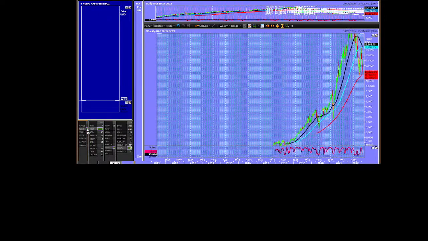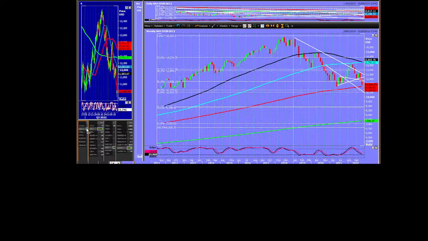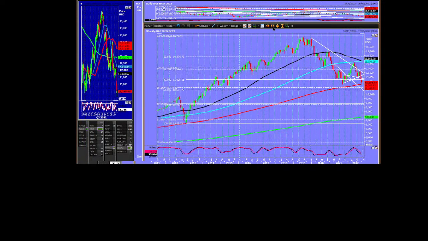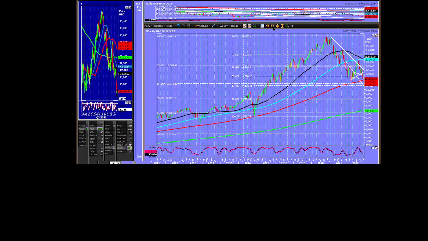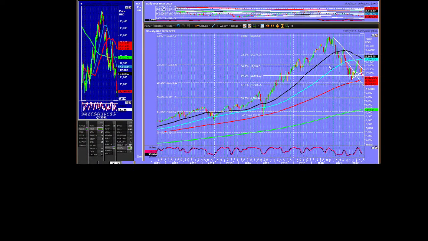So look, 3,200, I think 3,600 is where I feel confident we will go, probably next week. 3,200 is definitely a realistic target, and 2,700 could be seen. We will see. Now, there's nothing on the S&P chart for me to think that we're going to bounce, and I'm short the S&P. For the NASDAQ, there are some levels that we're hitting.